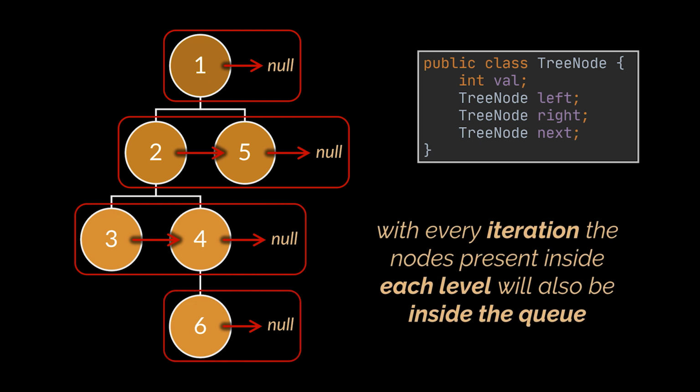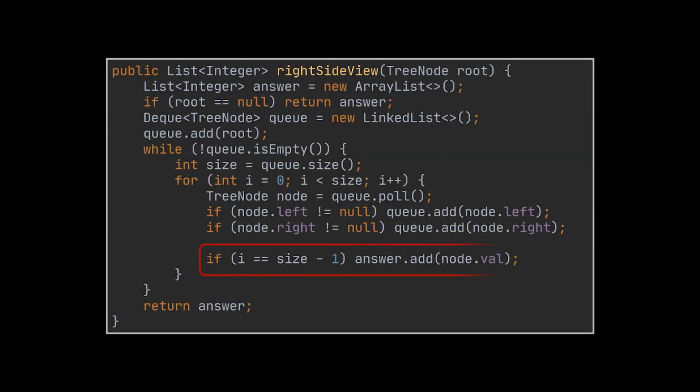As you can see, each level represents one internal iteration in the queue we previously had. And with every iteration, the nodes present inside each level will also be inside the queue. So the next pointer of node 3, let's say, will be populated with the next node in the same level, or in other terms, the next node inside the queue at that moment, which in this example is node 4. You see, as soon as you figure out the level traversal implementation, all these problems become a matter of modifying the single line of code we added that generates the answer.